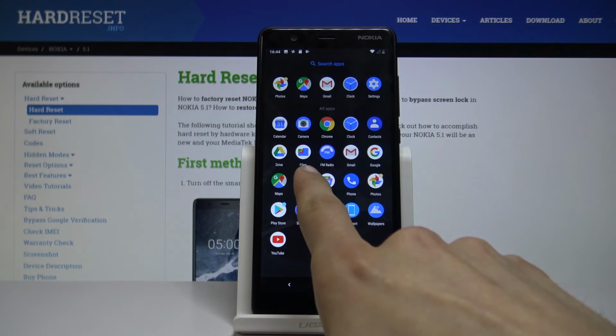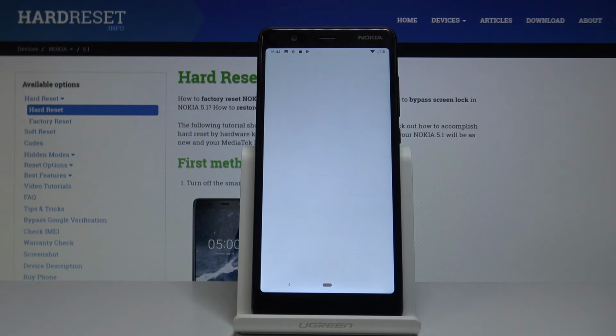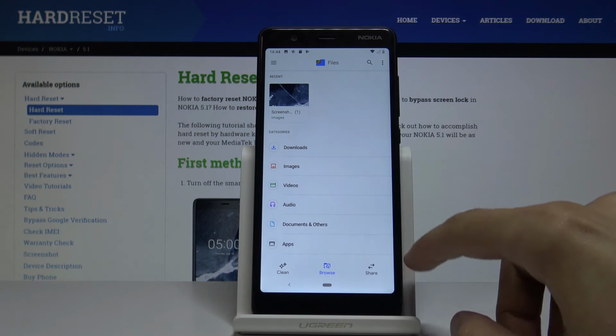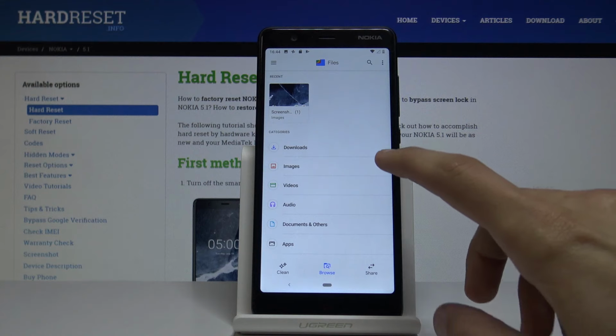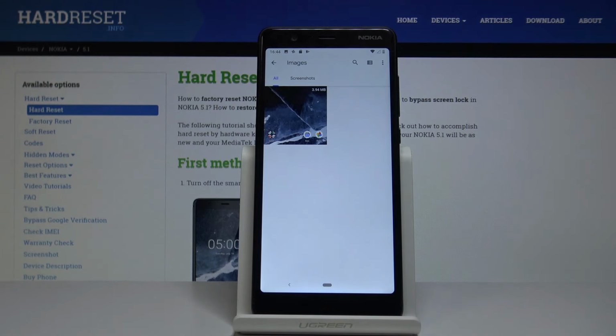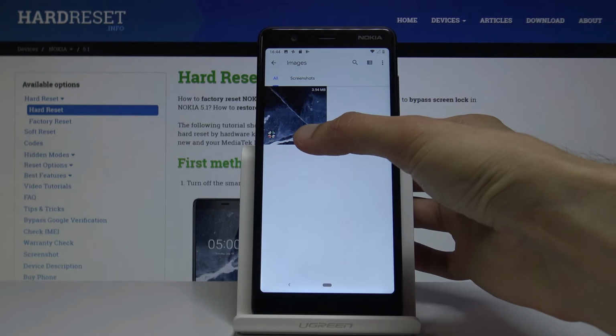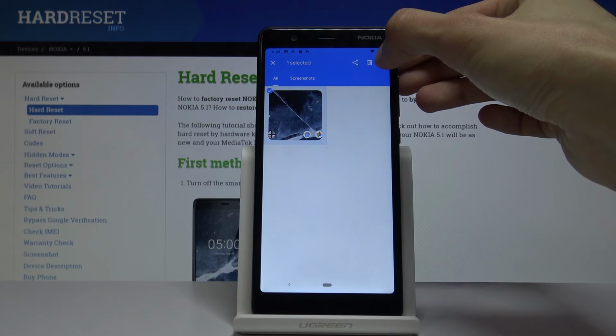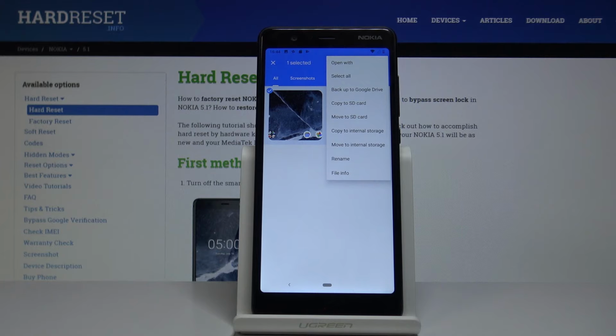the Files app. So tap on it, and from here you have each category, so you can move other stuff as well. But for this we're gonna use images. And from here, basically those are all the images that are on the device. So you can hold it to select it, then tap on the dots up here and just simply tap on